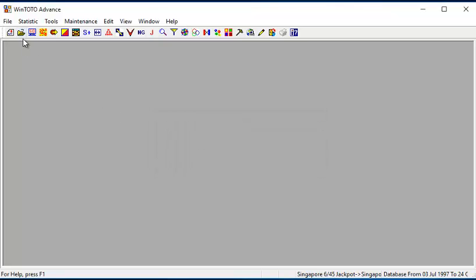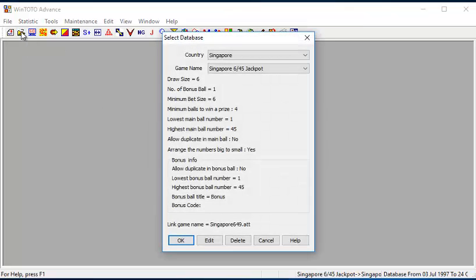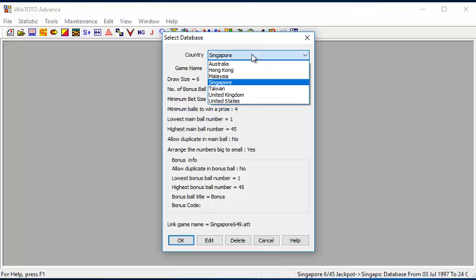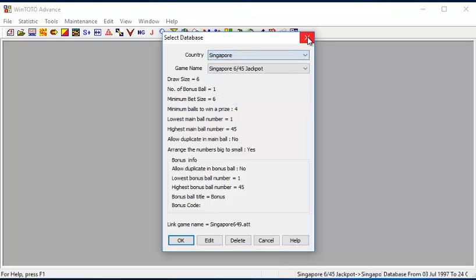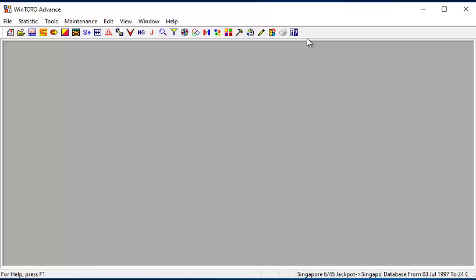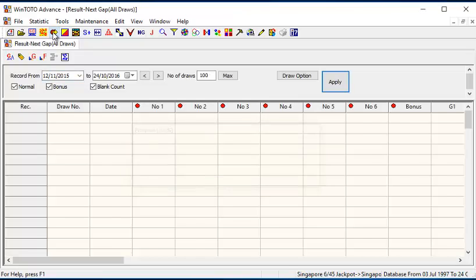Now, if you click this thing called the Open Database, you can see for yourself that in our WinToto Advanced software, we have got these various data available for your use. We have got Australia, Hong Kong, Malaysia, Singapore, Taiwan, United Kingdom, and United States. So these are the countries data that we do have. 在这个 WinToto Advanced 软件里面，我们有包括澳大利亚、香港、马来西亚、新加坡、台湾、英国跟美国的资料。Alright, so I'll be discussing the Singapore data. 我会跟大家讨论的是新加坡的资料。